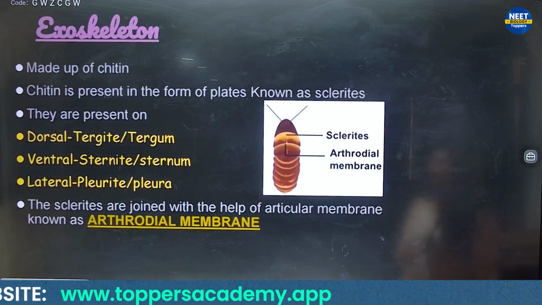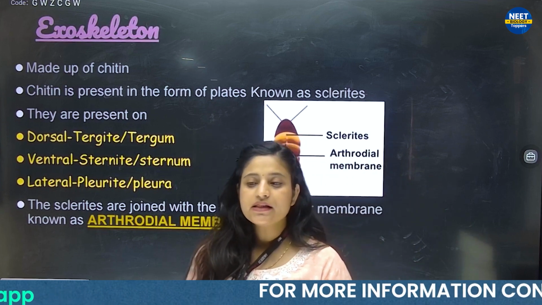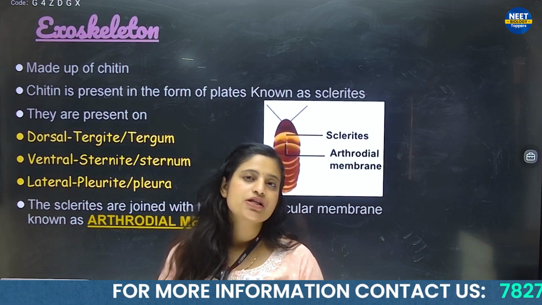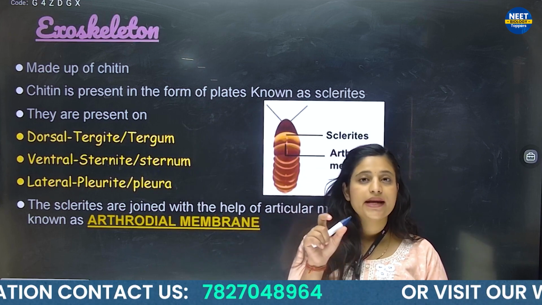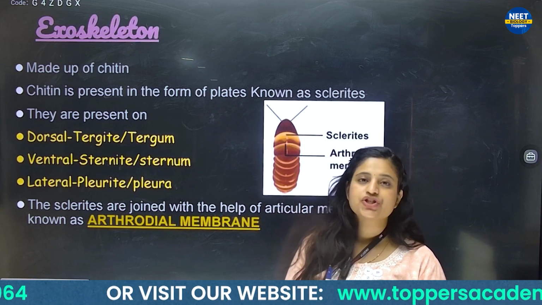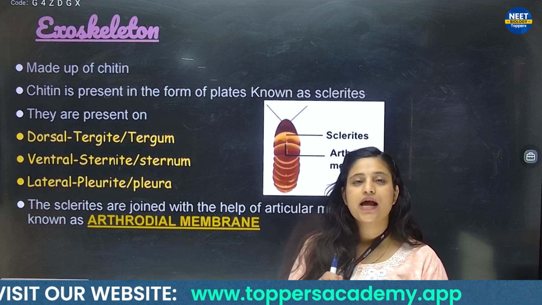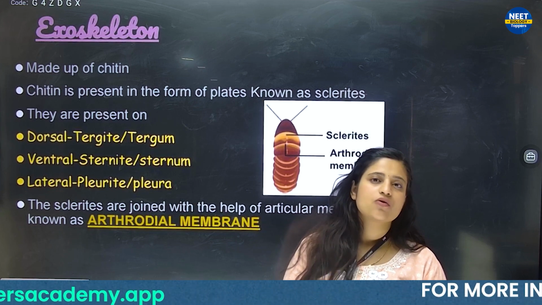Next, let's talk about the exoskeleton. Their exoskeleton means the skeletal system which is present outside of the body. Their exoskeleton is made up of a chitin layer, which is a polysaccharide, and this chitin layer is present in the form of plates which are known as